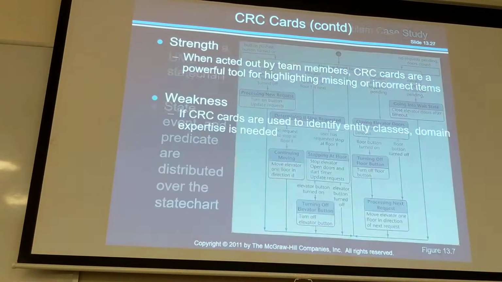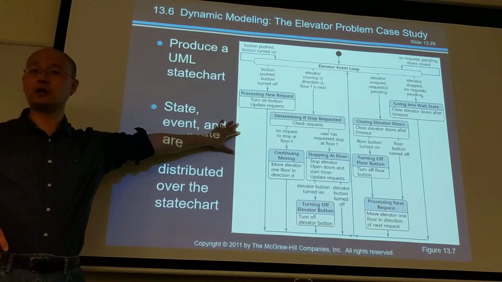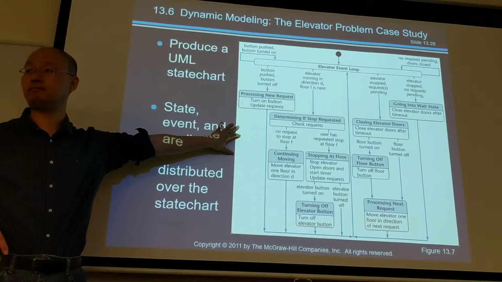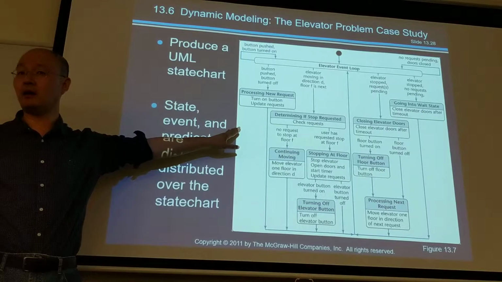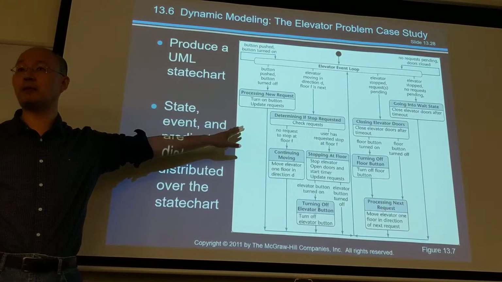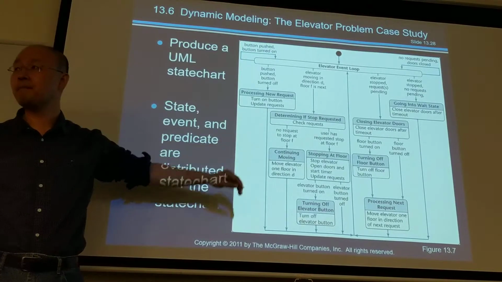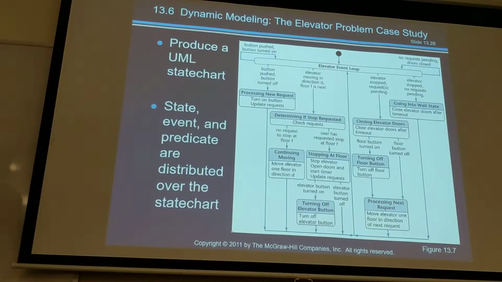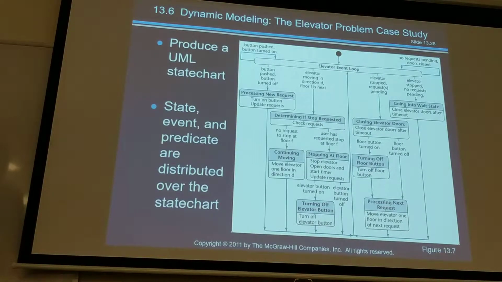All right, CRC cards, we'll talk about that later, and then to make sure that you capture all the dynamic behavior you have in that spec, this is your friend, called a state chart, also called a state machine. We ourselves are a biological state machine. So let's look at that elevator actually sitting there. It's probably running right now, right?